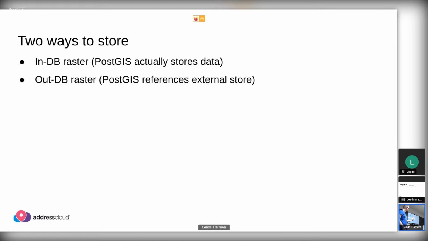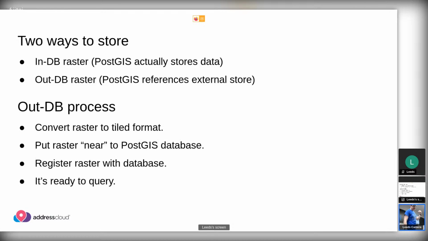So I've got the geotiff, that's what I rendered on the first slide, the second slide. And there's actually two mechanisms to be able to store this or allow PostGIS to query that data store. So you can do something called an in-DB raster, where PostGIS actually takes your data and stores it inside the database in a PostGIS friendly format, or you can keep your raster outside and you can register your raster with PostGIS, and PostGIS knows how to query it and return the relevant results that you need. So all of that functionality is there, but you don't have to store the data for the raster in two different